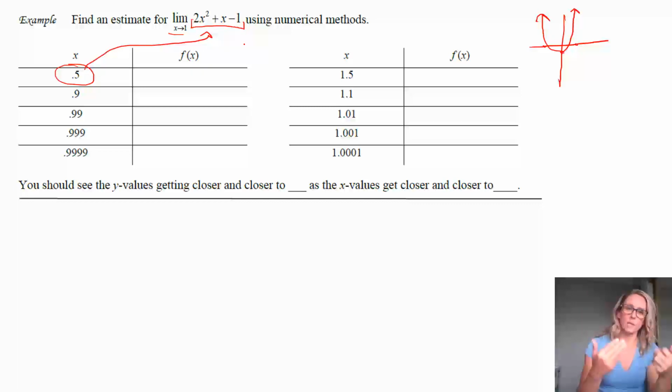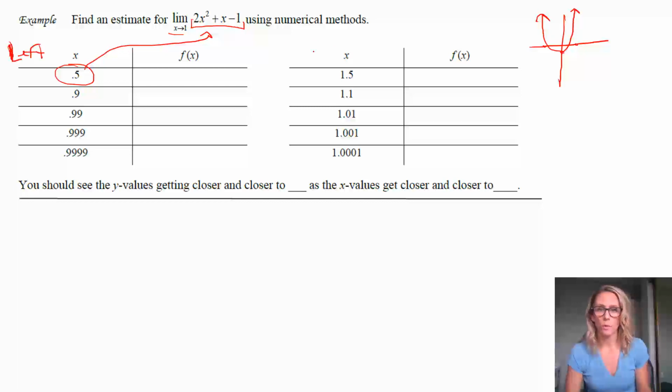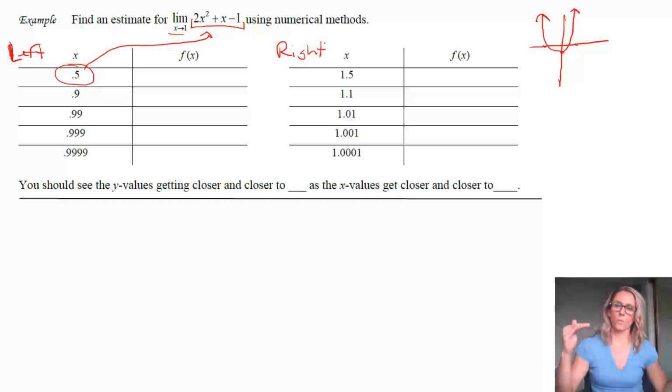1. We're choosing values, as you can see as you go along, that are getting closer and closer to 1. This is over here, as you should notice, coming from the left-hand side. And this over here is coming from the right-hand side. So we're getting closer this way and we're getting closer this way. And we're seeing what happens as we get close this way and this way to x equals